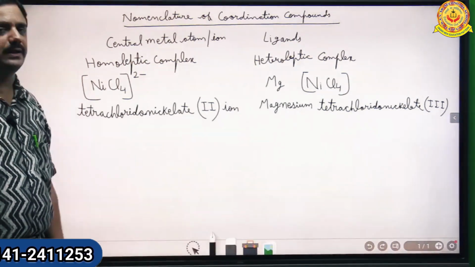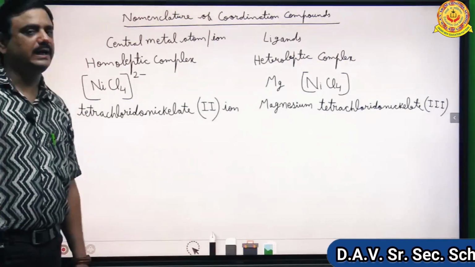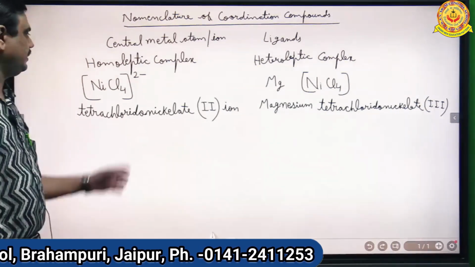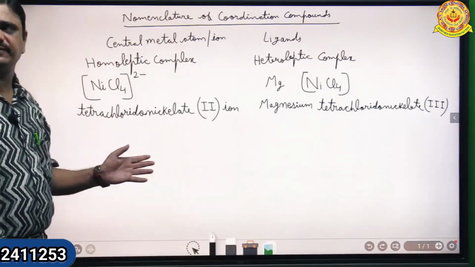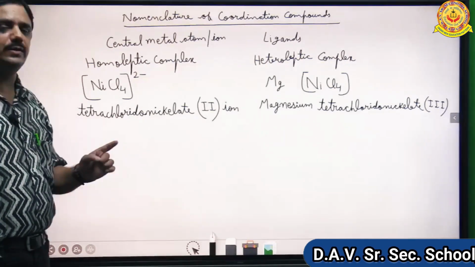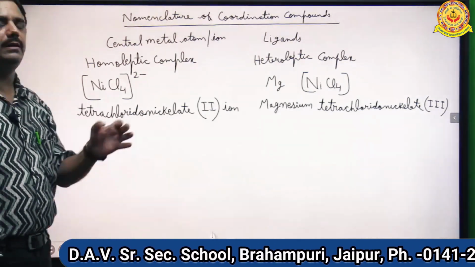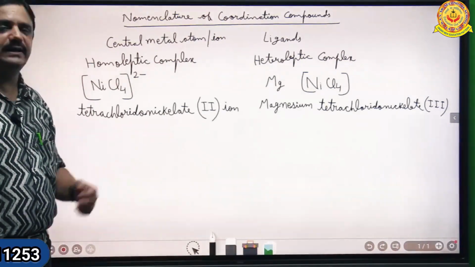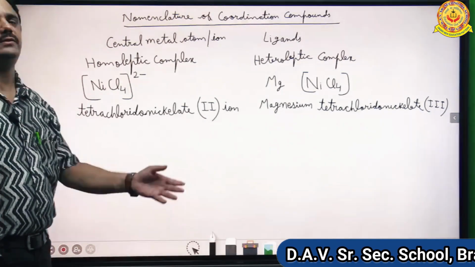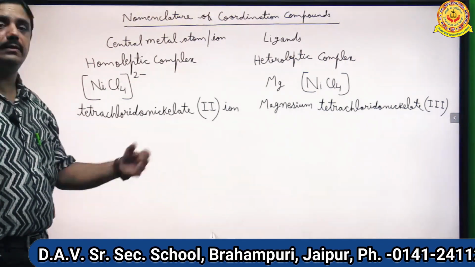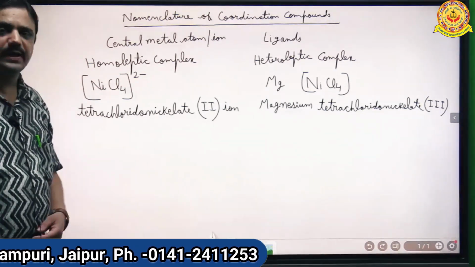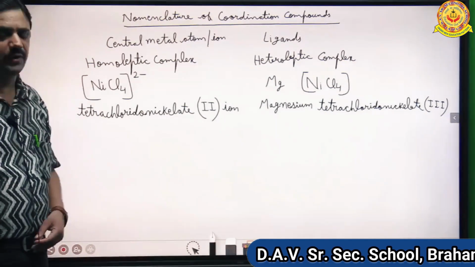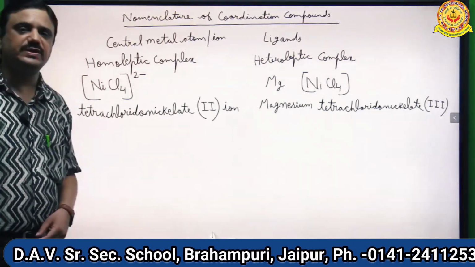So all the ligands which we have seen till now are unidentate because one molecule of the ligand is donating one electron pair. But there are bidentate ligands, there are tetradentate ligands, and there may be hexadentate ligands,